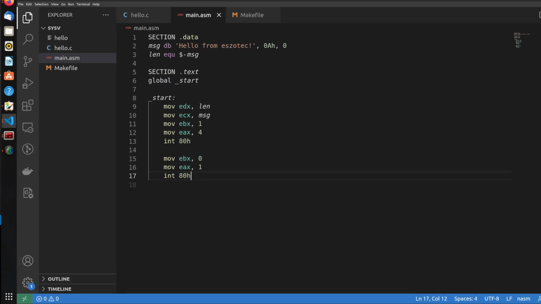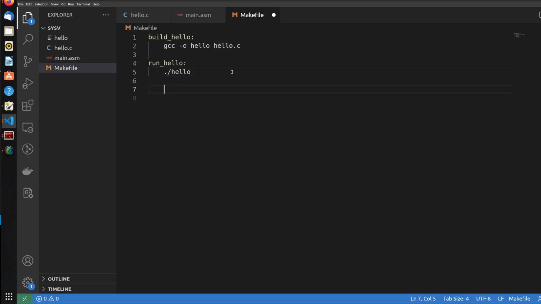Right? Okay, and now what we will do is create a tiny makefile. Oh, my bad, the makefile is already there. So let's do build_x86, and what we'll do is nasm -f elf. By default, if you give elf, it takes the 32-bit or the x86 architecture. And we'll do main.asm, and we'll have to link it as well in order to provide an elf file which the kernel can execute. For that, we'll do ld -m elf_i386 main.o -o main,